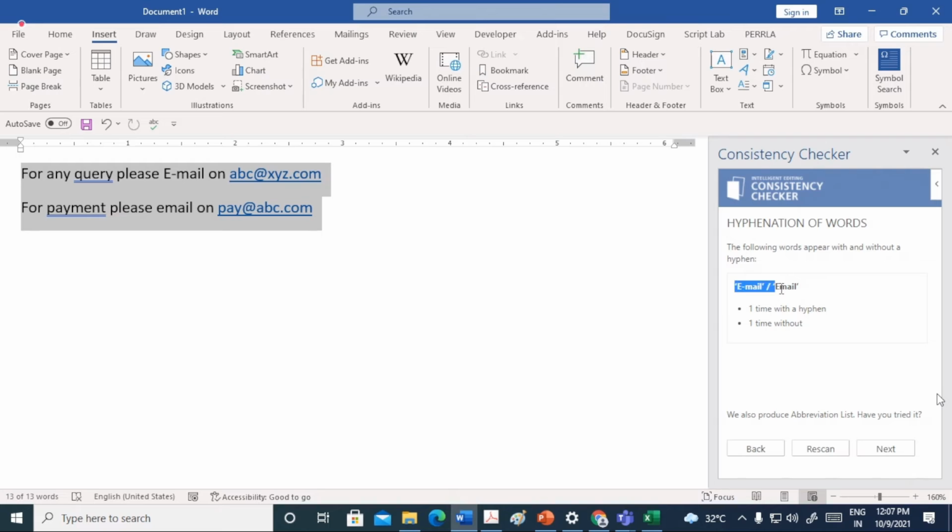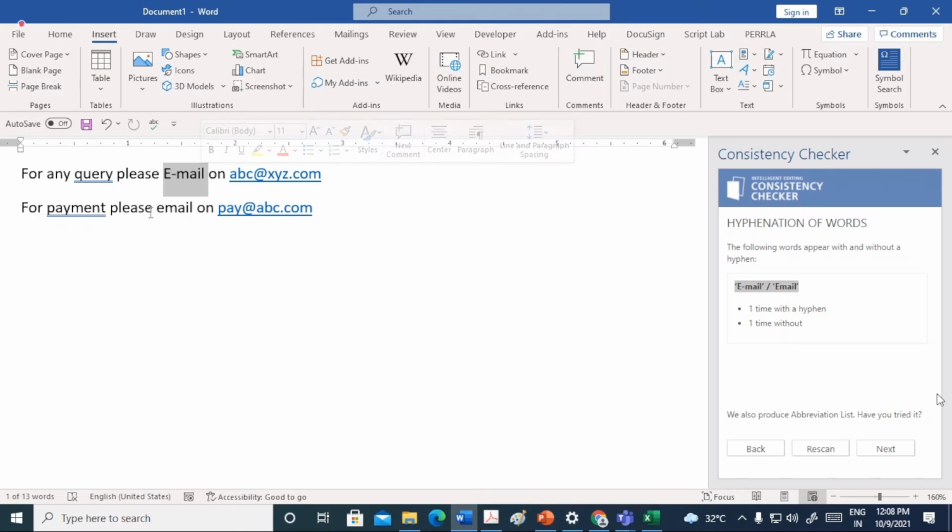See this, it says that these two are written in a different way. The meaning is the same, but they are written in two different formats.